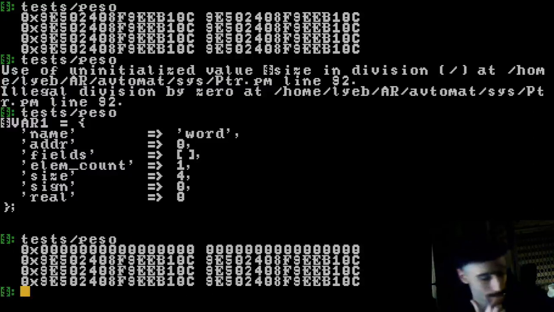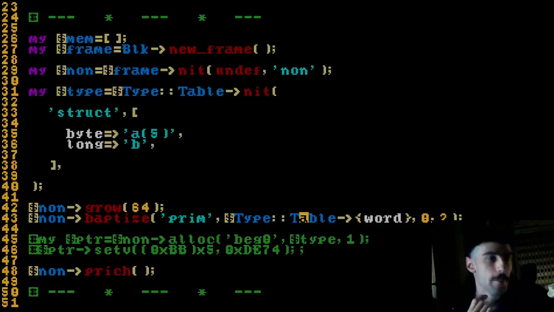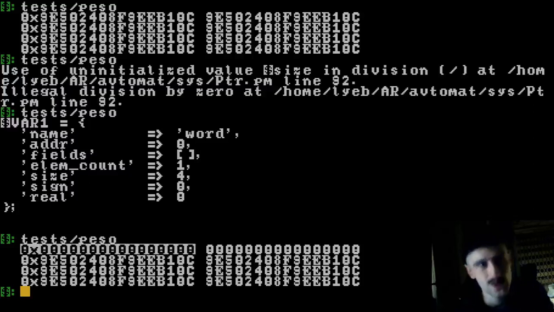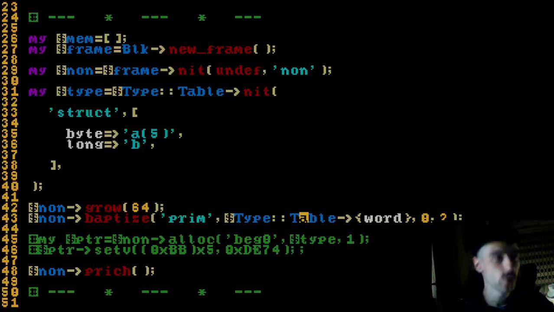You can see that merely baptizing a section, it would just float fill it with zeros, right? And again, it will float fill the entire unit, right? We only need the first half, but it is going to baptize the entire section. Now, this entire section belongs to this pointer, so to speak. You know, we could baptize with a different